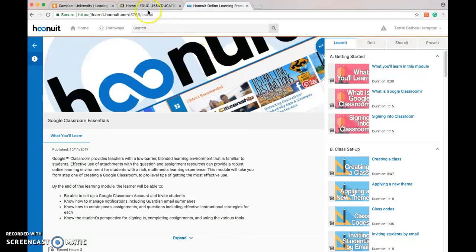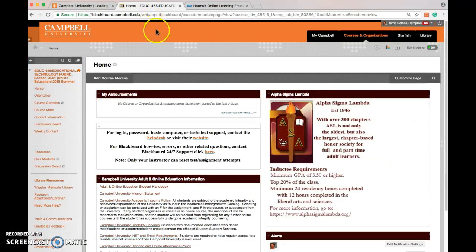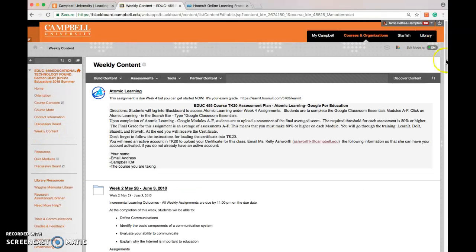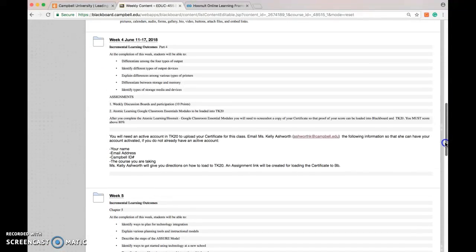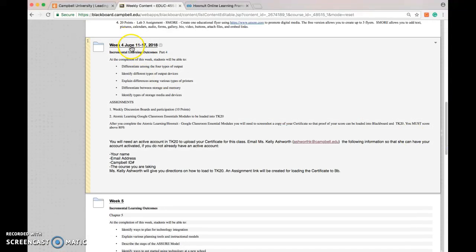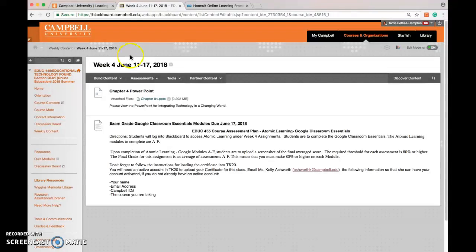Once you get the screenshot, you're going to come back here to the class and go inside of weekly content and go down to week 4. When you get to week 4, you can go inside here, and it will show you exam grade for Classroom Essentials for Google. You'll upload your certificate here, and you'll also upload it at TK20 on your TK20 account for